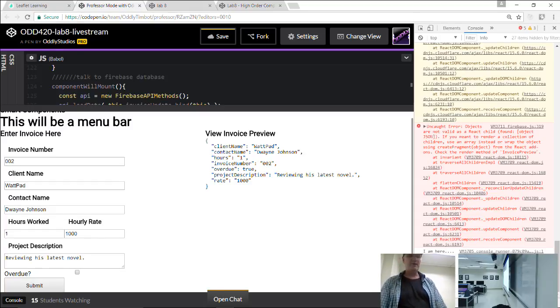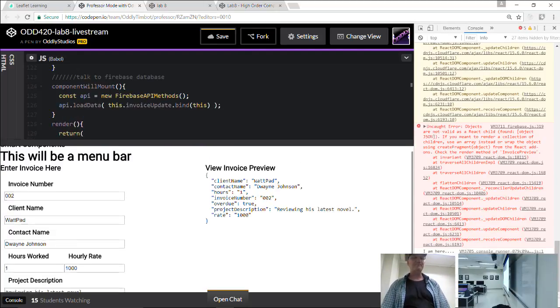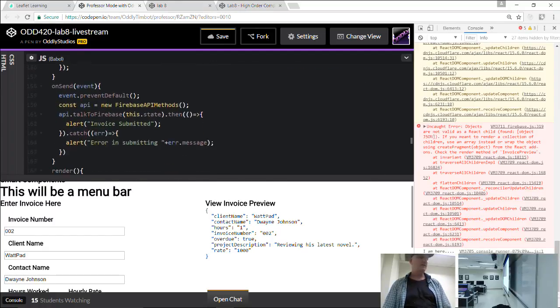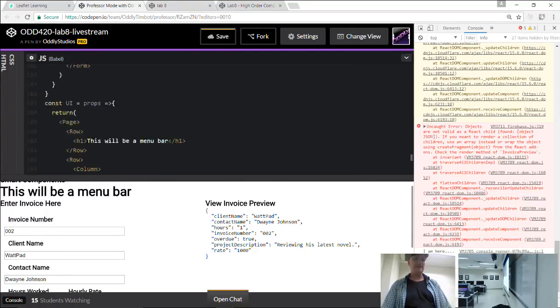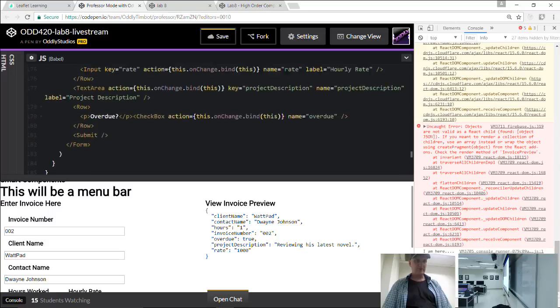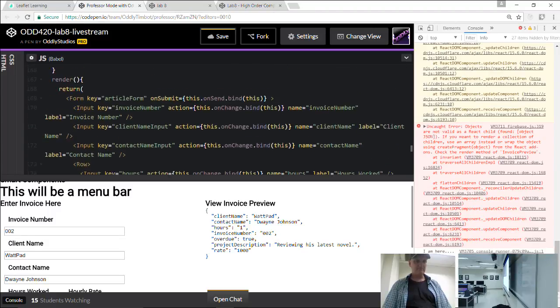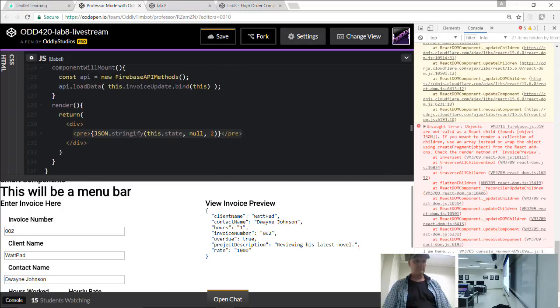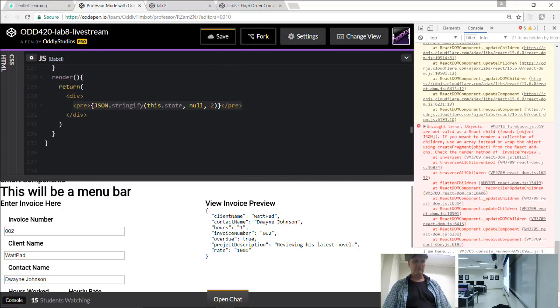So underneath of my invoice preview here, I should be able to use any of the stuff that we put into memory with the set state. So right here, let me go to my invoice previewer. And underneath of here,